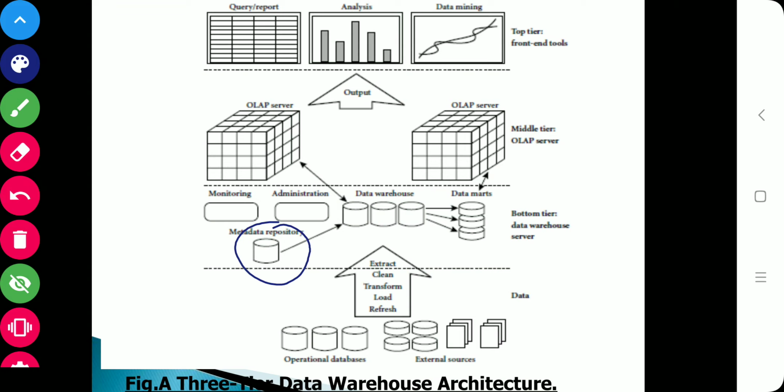Okay, so these are ROLAP and MOLAP, relational OLAP and multi-dimensional OLAP. Multi-dimensional means we can view the data in the form of a data cube and we can perform the OLAP operations on that OLAP server. Okay, then the top tier is,